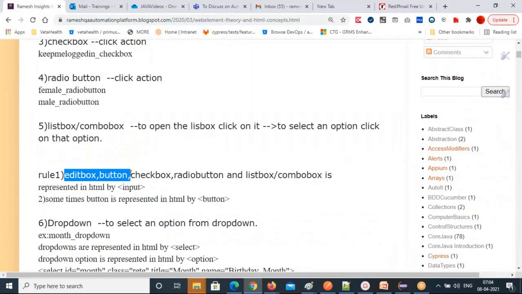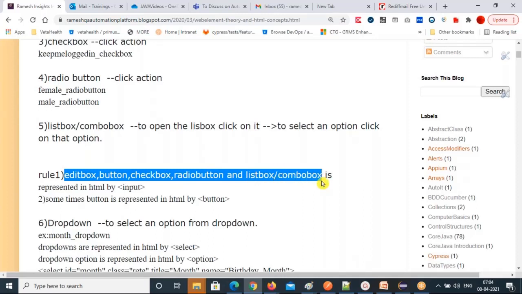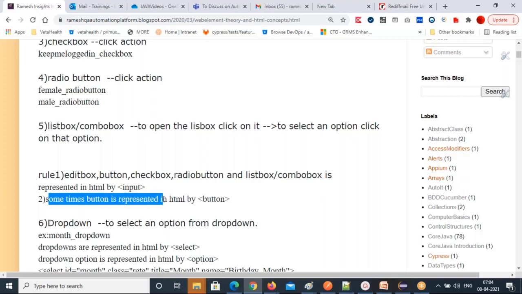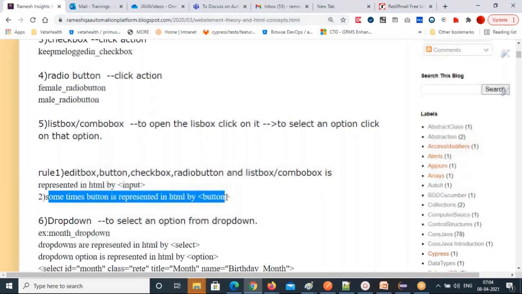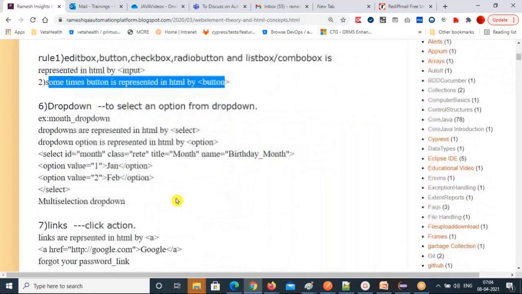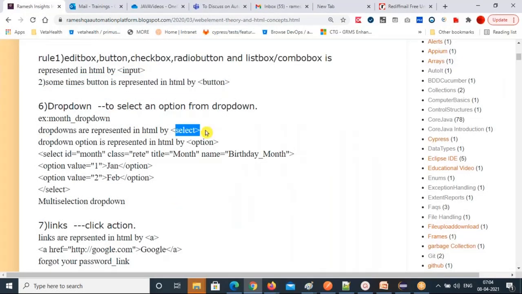So edit box, button, checkbox, radio button, and list box or combo box are represented in HTML by the input tag. Sometimes a button is represented in HTML by the button tag or input tag. A drop down is represented in HTML by the select tag. Drop down option is represented in HTML